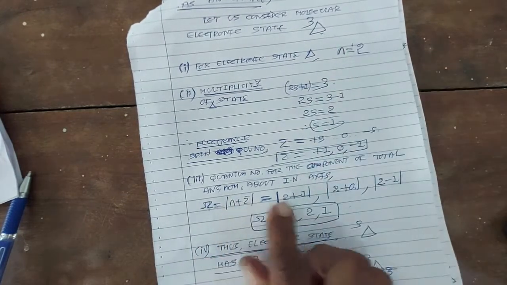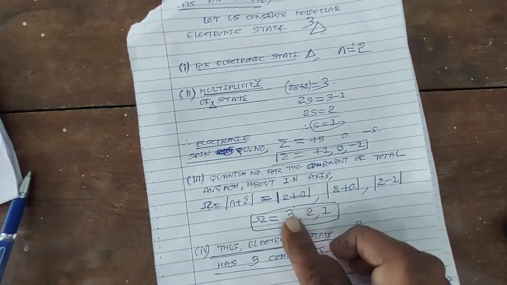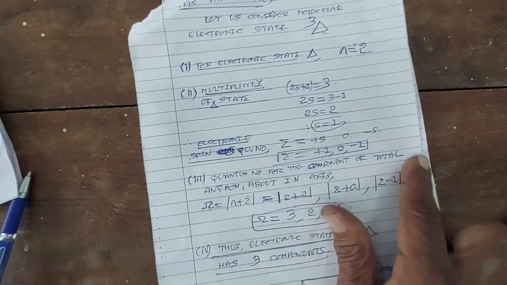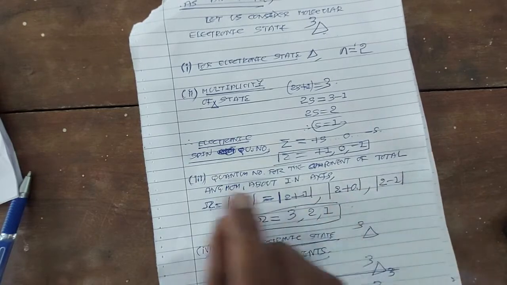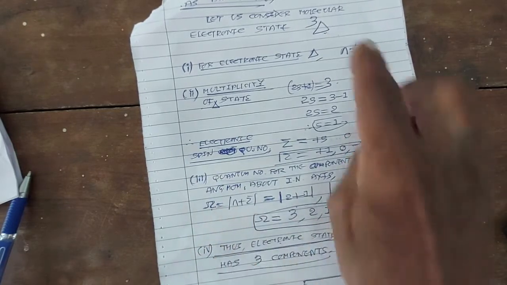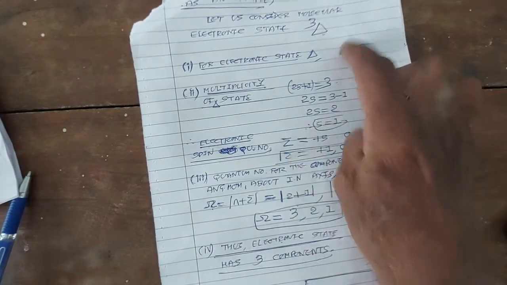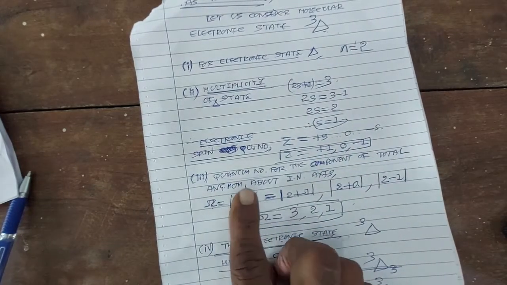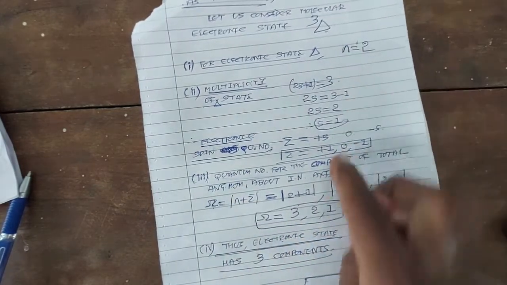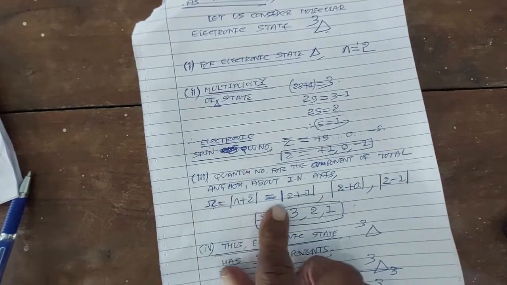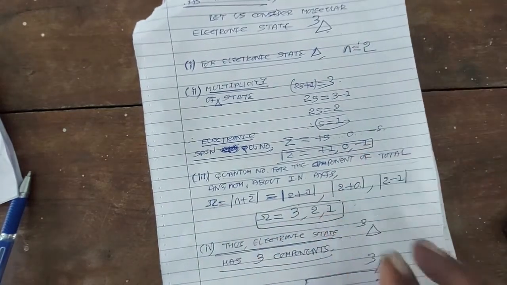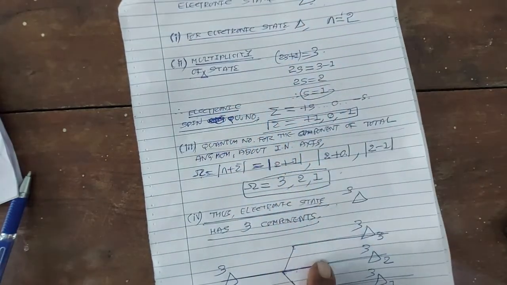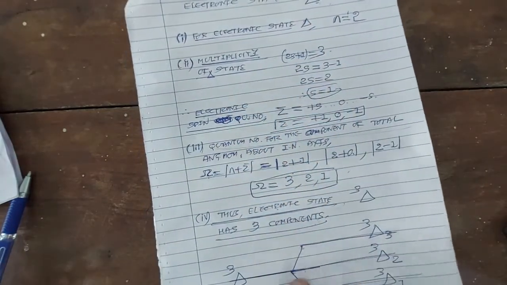Okay, 2 plus 1, that is 3. So the total quantum number for the component of total angular momentum about the internuclear axis, omega, is the sum of lambda plus sigma, and it has 3 values. So lambda plus sigma, 2 plus 1, that is 3. The second value of omega is 2 plus 0, that is 2. And the third value of omega is 2 minus 1, which will be 1. So a delta state is split, or divided, into 3 states.